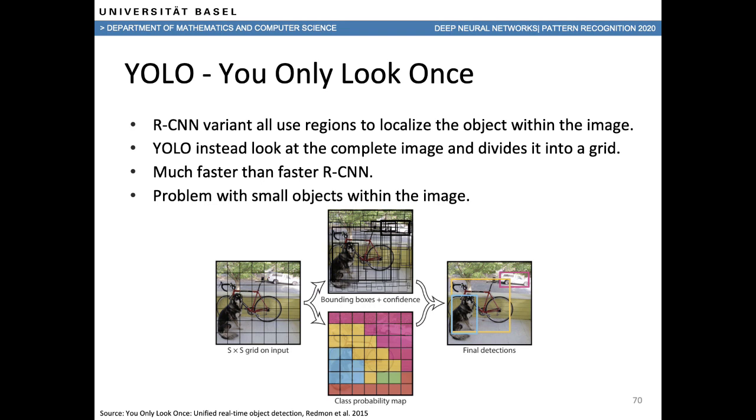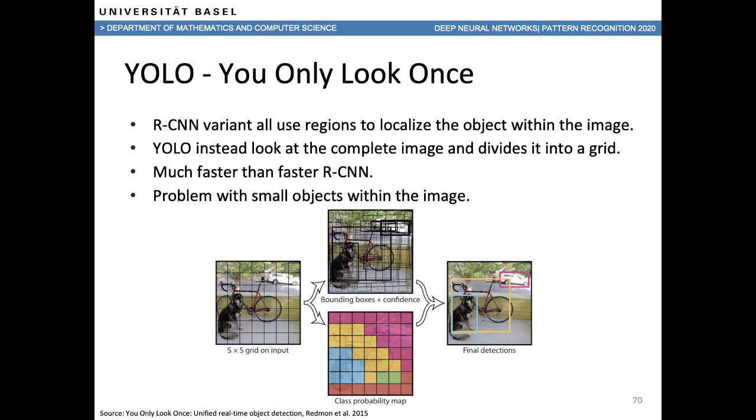So we see here an example of how it works, that it puts this grid onto the image. Then it has a lot of bounding boxes with confidence, and then both this class probability and these bounding boxes are combined into the final detection. So YOLO version 1 was published in 2015. After that, there were 2 other papers by the same authors, YOLO 2 and YOLO 3,